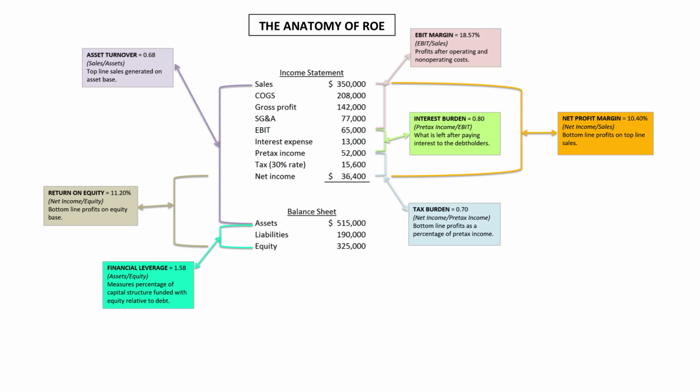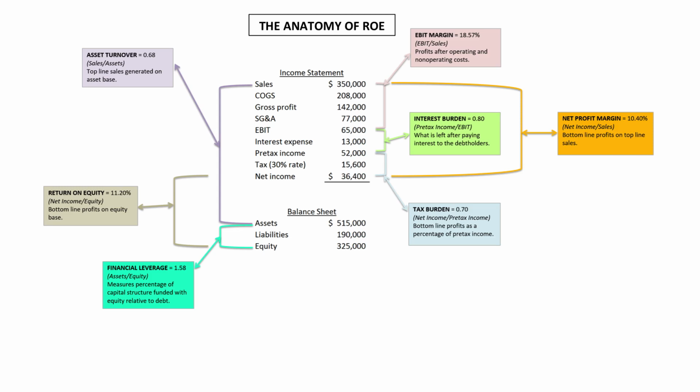Alrighty guys, now we want to break our bottom line profit margin of 10.4, that net profit margin, into its three core components. We're going to start with our EBIT margin, our operating margin, our EBIT divided by our sales. So if we took our EBIT of 65, divided it by our sales of 350, we get 18.57. That operating margin is obviously very dependent upon not only competition, but what's the cost for our units that we're selling. So heavily dependent upon who has the power, the vendor or the buyer of the raw material. But that's our operating margin.